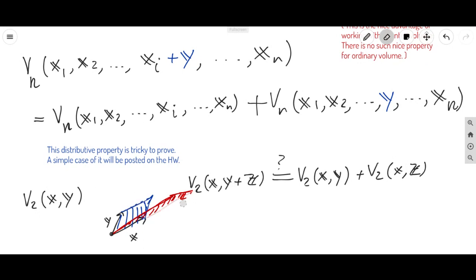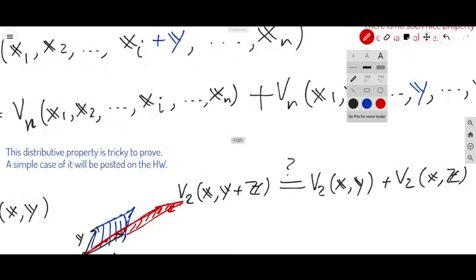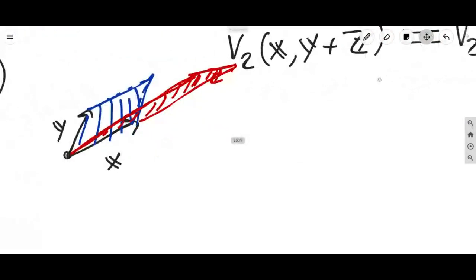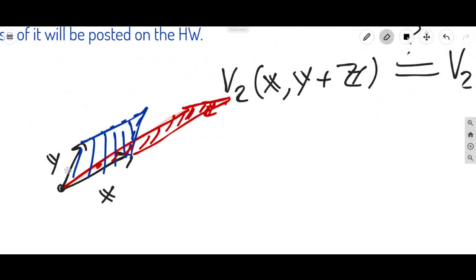Now, if you do the rule of addition involving, maybe I have to zoom in here so you can actually see this a little bit better. So you have to do y plus z. So y plus z. When you do y plus z, you end up actually somewhere over there. Okay, and you're saying that the